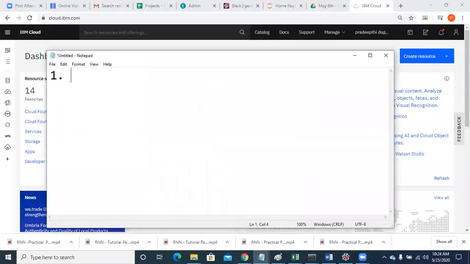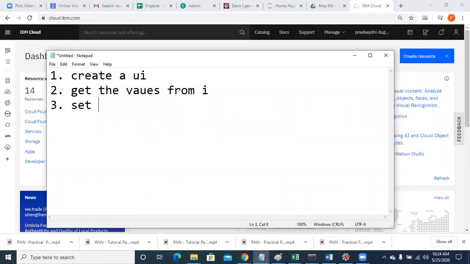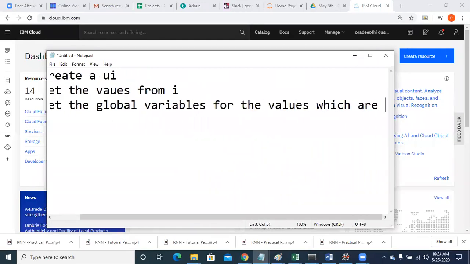The first one is to create a UI. Second one is to get the values from UI. Third one is to set the global variables for the values which are retrieved.